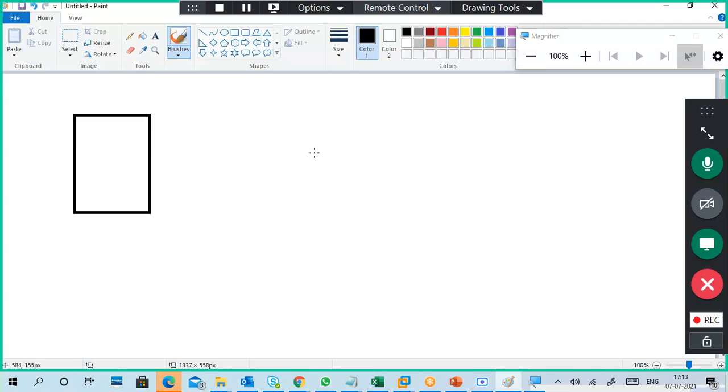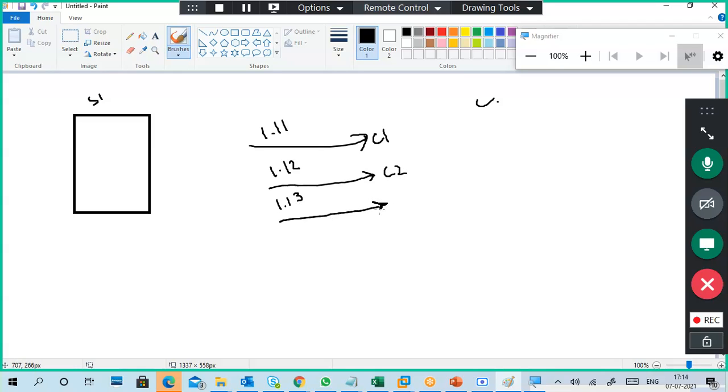Okay, so this is a server, and I have a lot of clients. Each client I'm assigning an IP address. For example, client 1, I'm giving IP address 1.1.1.1, and 1.1.1.2 for client 2, 1.1.1.3 for client 3, 1.1.1.4 for client 4, like that.